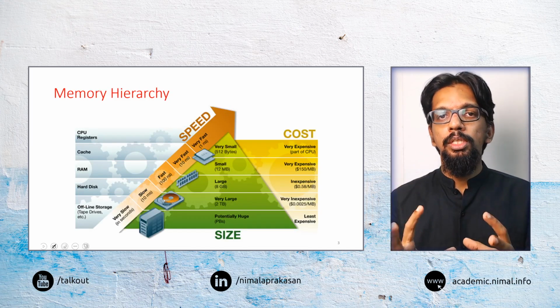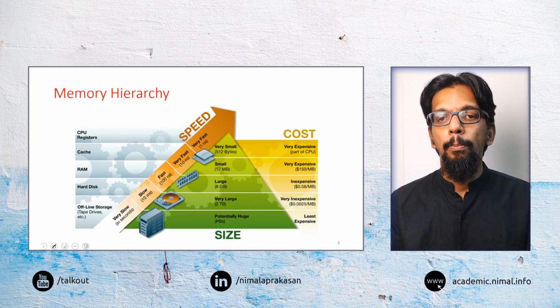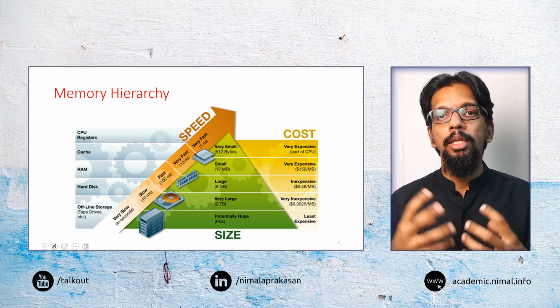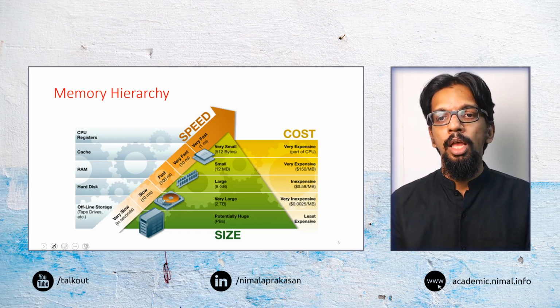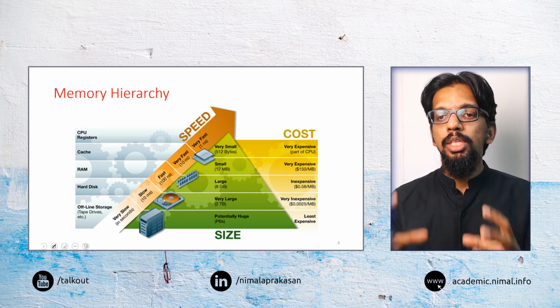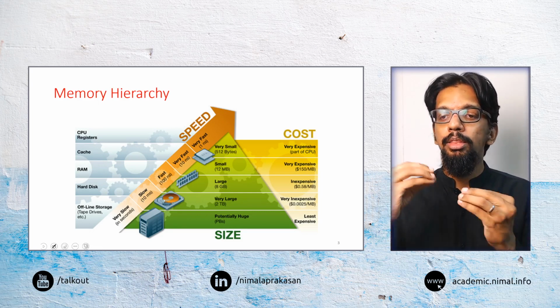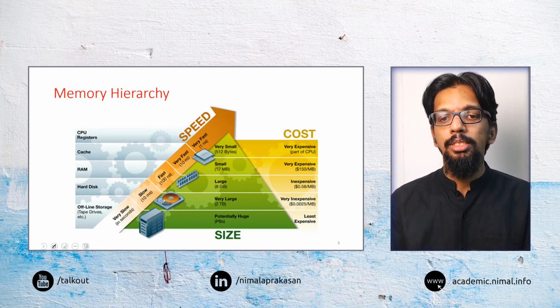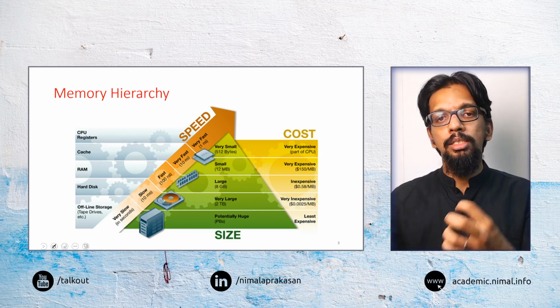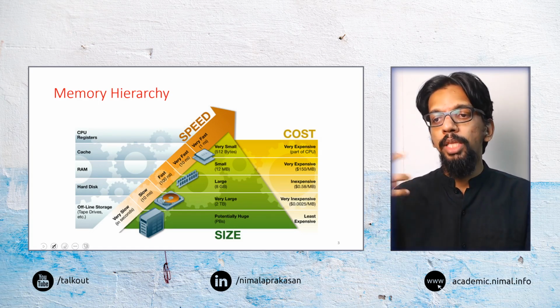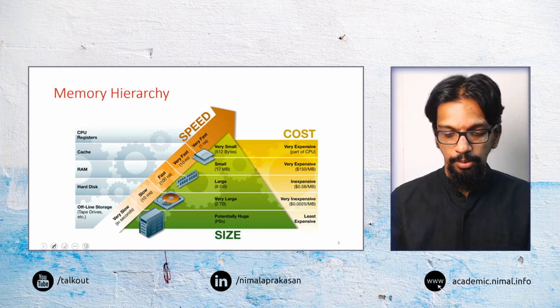Before we start our deep dive into main memory, it's best to understand the various types of memory that can be used in a computing system. One of the easiest ways to understand this variety of memories is using what is called a memory hierarchy. This memory hierarchy that you see in this diagram is a way of identifying the different types of memories, based on various criteria such as their speed, their cost, and their sizes.